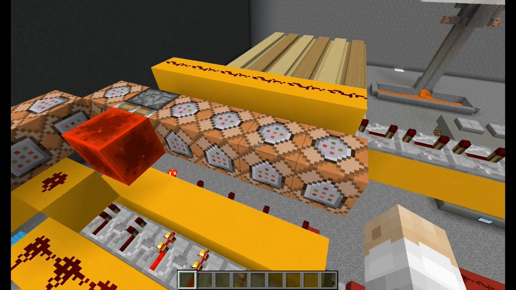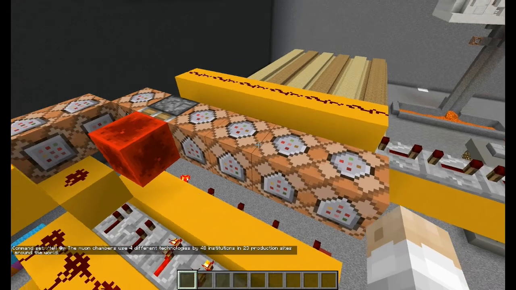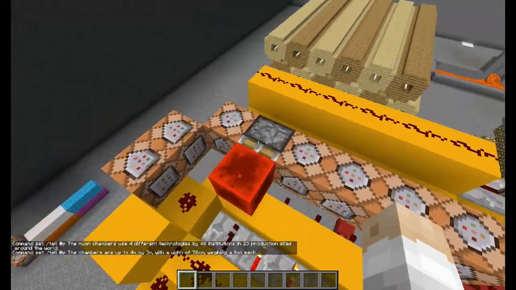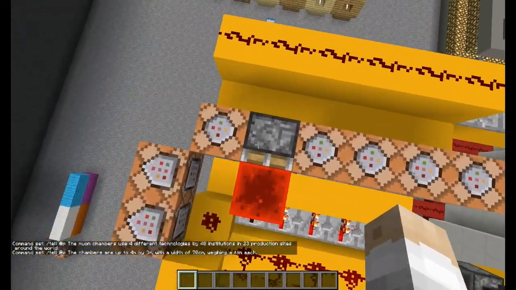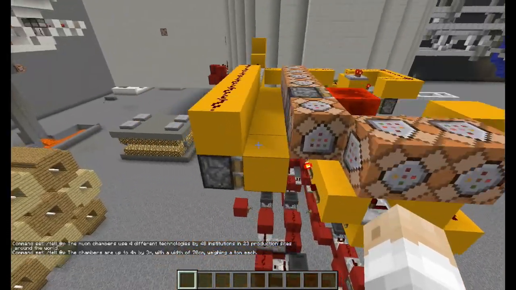And if I pop into game mode 1, you can see these are just simple /tell commands that all do random things, apart from this one here, which is what gives the player the secret die. And this is all activated